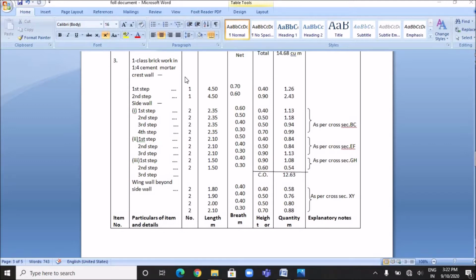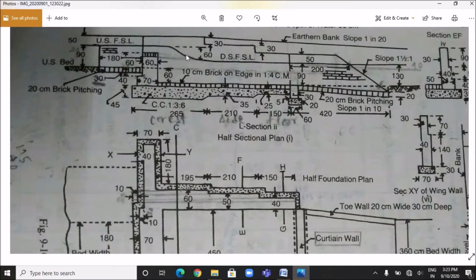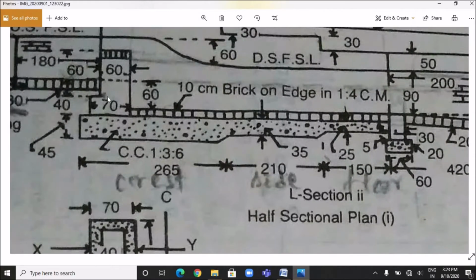The brickwork is to be done in the crest wall portion, which has two steps. The first step has a breadth of 70 centimeter, and the second step has a breadth of 60 centimeter. Let's see the diagram for more clarity. Here you can see the crest wall portion. The first step has a breadth of 70 centimeter and the second step has a breadth of 60